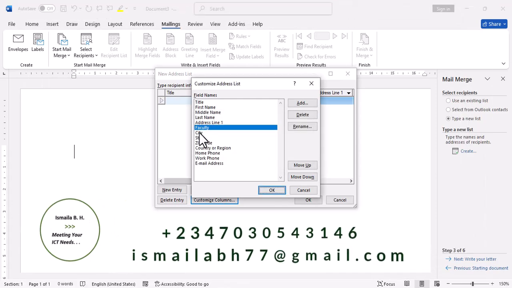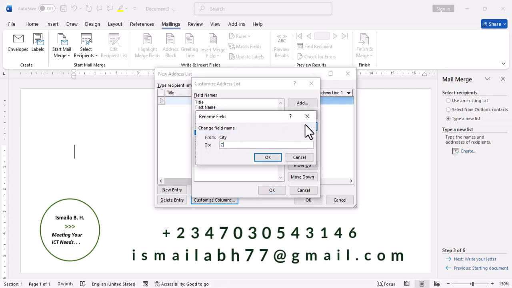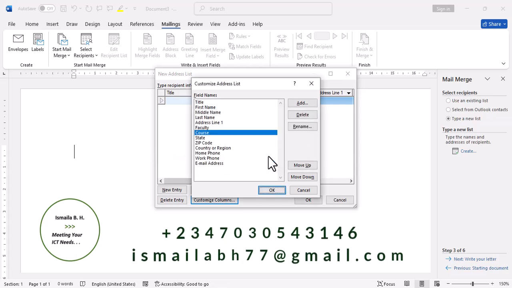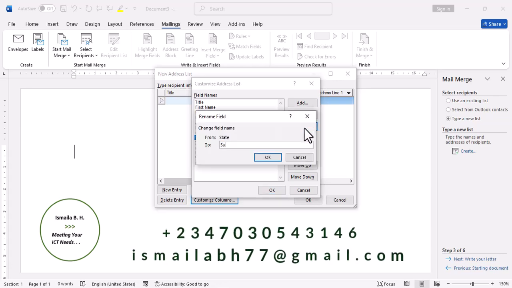After which we'll click on city, and to the right we'll click on rename and type course. We'll OK it. After typing in course, we'll click on state. To the right we'll click rename and rename state to salutation. Now that we have salutation,